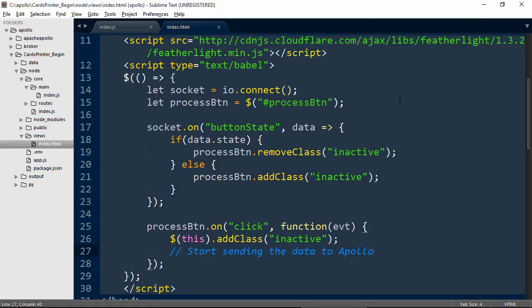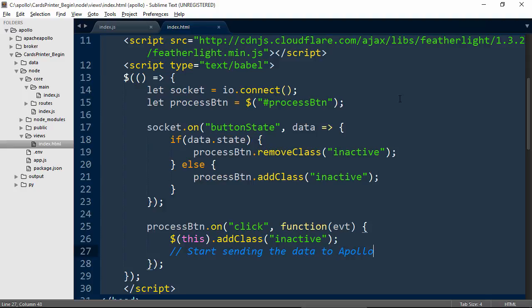So while we are sending the data, we also want this button disabled so that the user is unable to click on it. Notice how I'm using the traditional function declaration as the callback instead of the ES6 arrow notation which we've been using of late. The reason has to do with the this keyword. In the case of this function declaration, we want the this keyword to point to the element to which the event listener has been attached, which in this case is the process button.